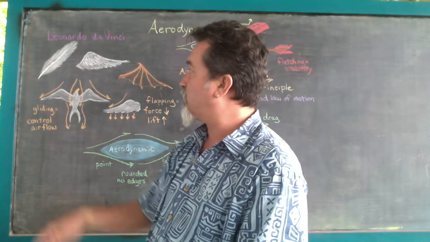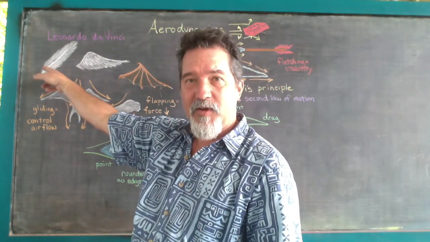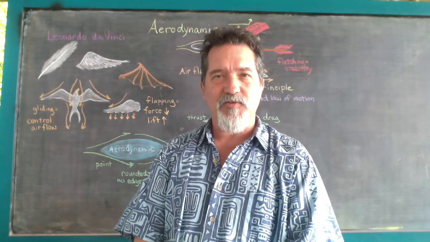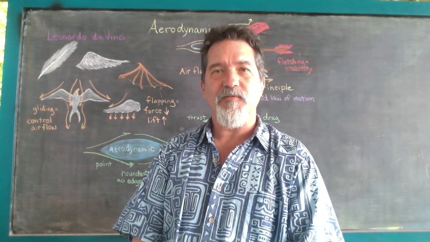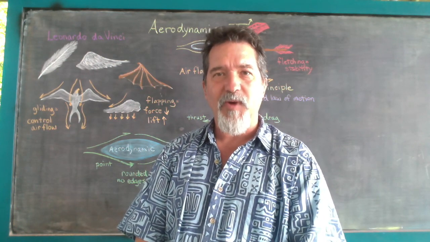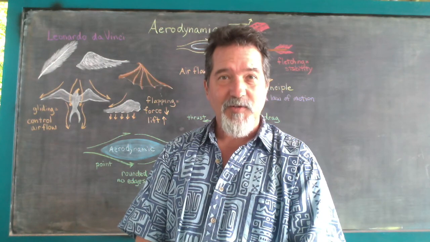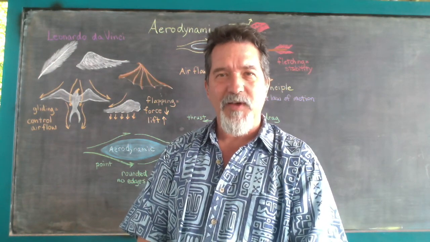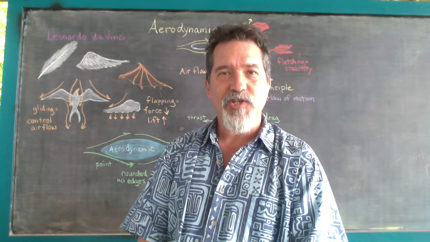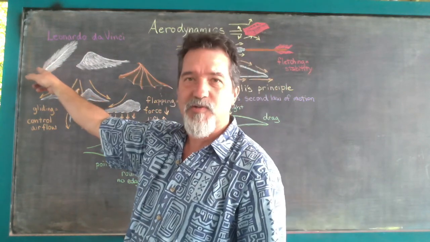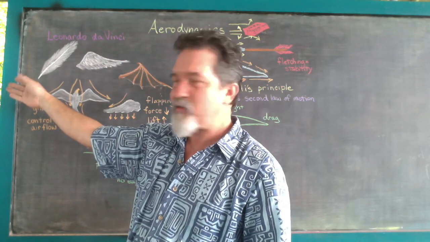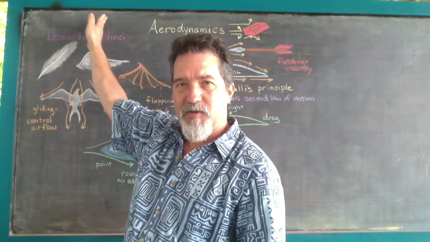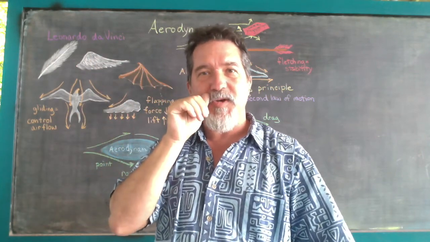Now, of course, when we look at the rest of the feather, we have a bunch of almost hair-like structures that come out from that central spine. And all of those, of course, are also very, very lightweight. But interesting enough to us in understanding aerodynamics, we can also look at the way that a feather is shaped and the direction that those hair-like structures go. When we think about a bird's feather, we realize that everything is moving in the opposite direction of the way that the bird is going to move.